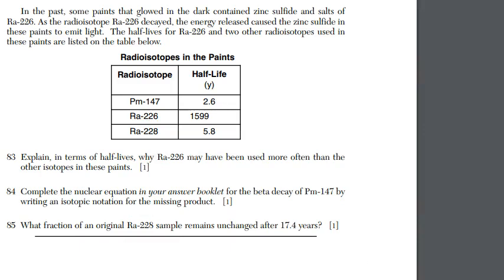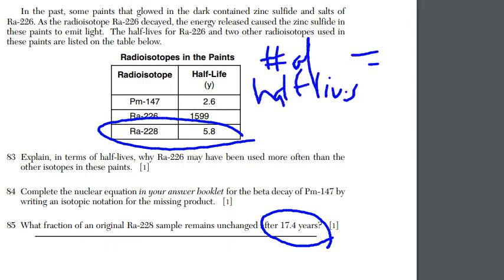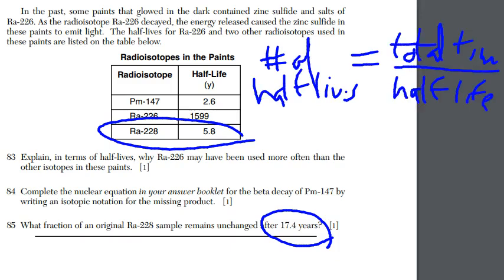Let me show you now the other way that you can work through this question. You're given the total time elapsed and you have the half-life. I show my students a mathematical equation. Number of half-lives is equal to total time over half-life. So in this question, we're going to take the 17.4 years and we are going to divide it by 5.8